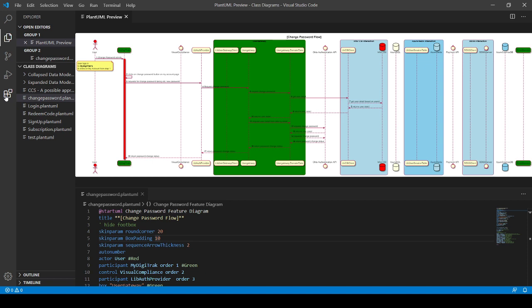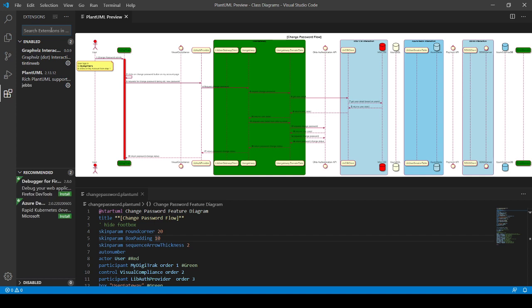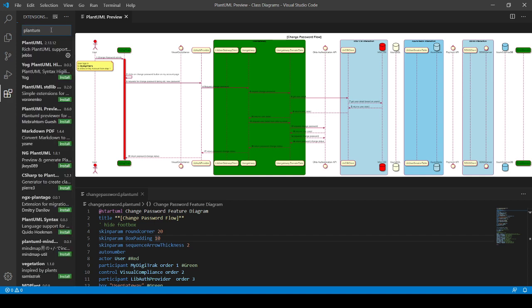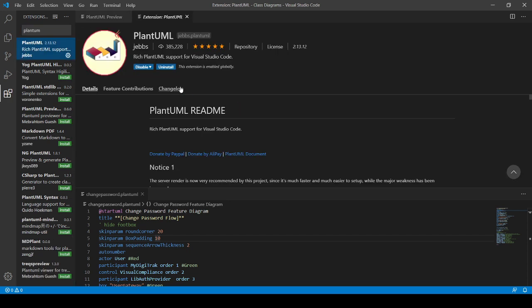Once you are done with the prerequisites, let me show you the PlantUML extension in Visual Studio. This is the extension, you need to install that. I have already installed that.